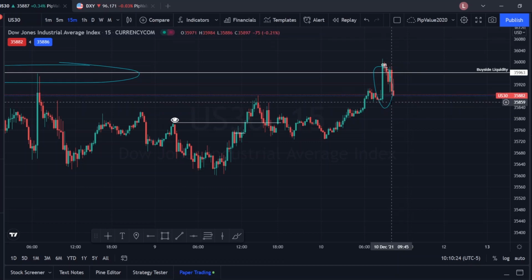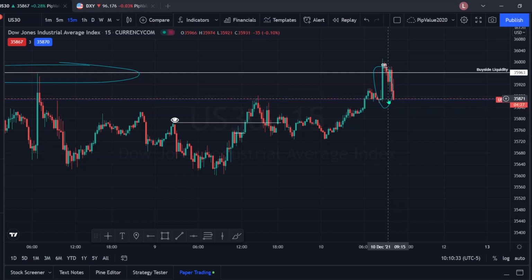So that is the second reason. The market moves to an area of an imbalance to rebalance it. Then the third reason, it is pure manipulation from the